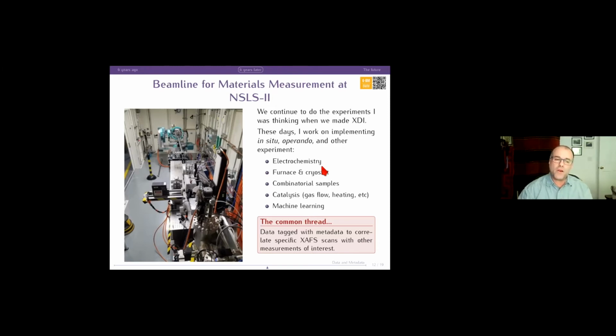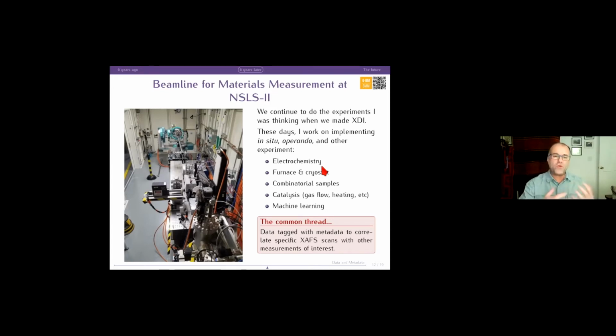But as time goes by, I find myself doing more in situ and operando stuff with my users, with my visitors, and other kinds of interesting experiments. I've got my first foray into machine learning, that is, into a machine agent making decisions about what experiment to do next. The common thread in all of these is that you need to tag your data well with metadata